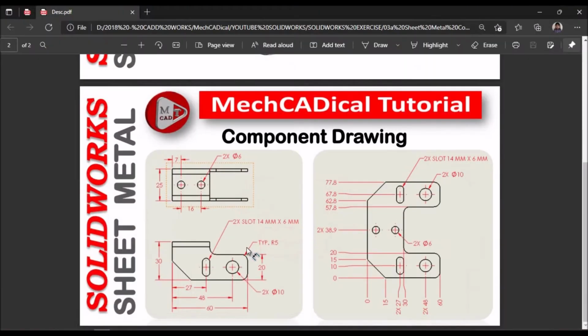So for slot we can see 2 into x, there are 2 slots and 14 mm by 16 mm.